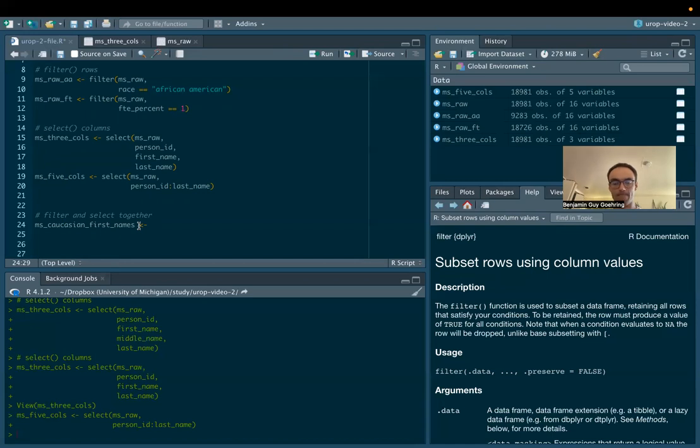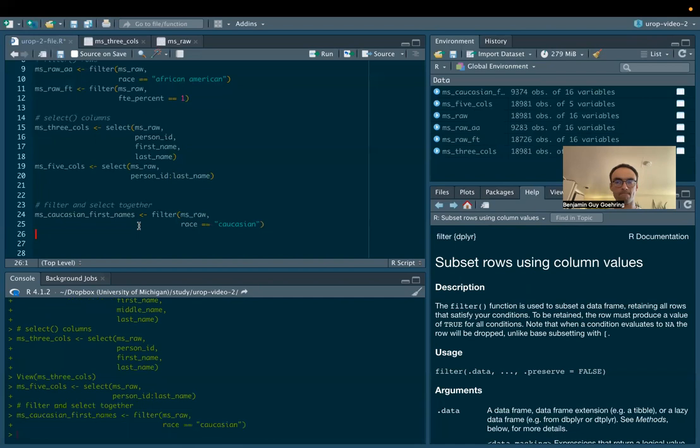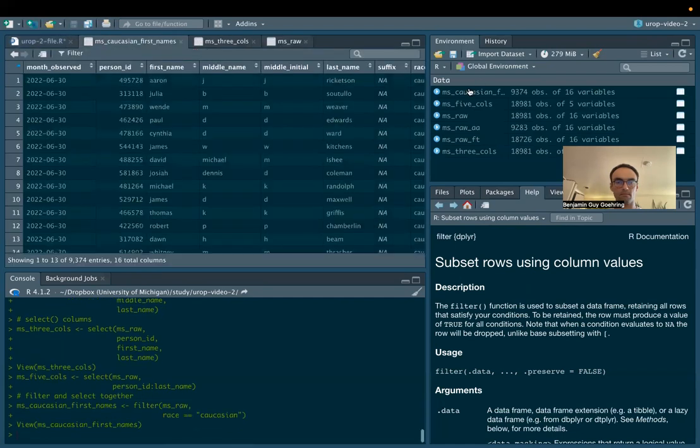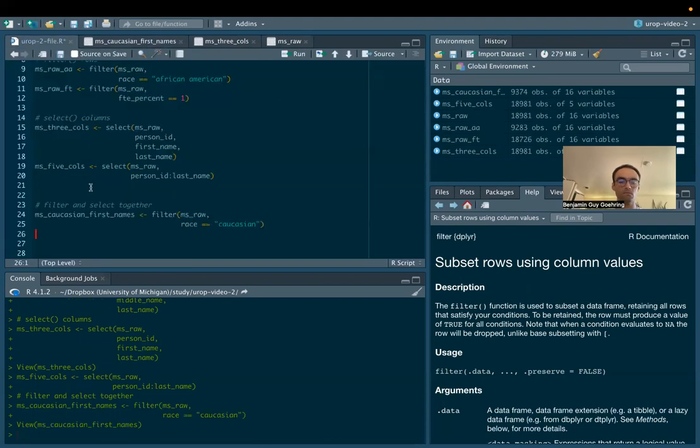All right. So let's first filter MS raw to only the rows where race equals Caucasian. All right. In this case, we're going to overwrite this data frame, which I'll talk about more in a second. But let's use the same name here. And now we want to only select